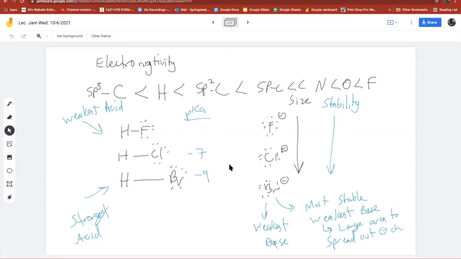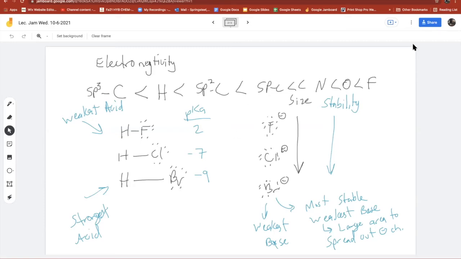All right, so HBr is -9. It turns out HF is about 2. It's a positive one. It's not even considered a strong acid. If you remember back to General Chem, you learned that the strong acids are HCl, HBr, HI, sulfuric acid, perchloric acid, but you didn't memorize HF as a strong acid. Its pKa is positive. It's strong in other ways, but it's not a strong acid.